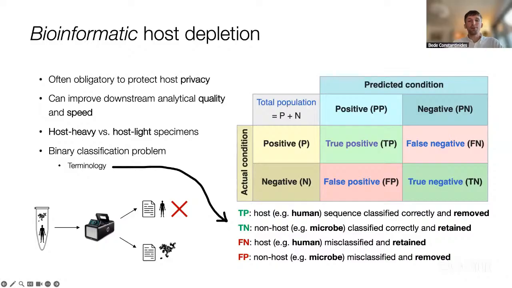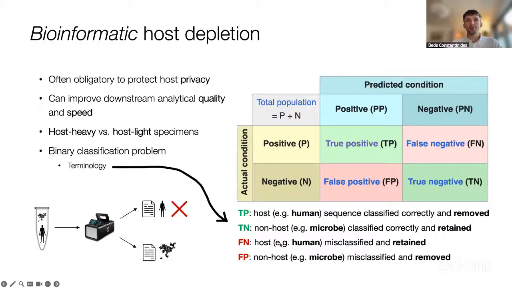So this poses a challenge for classification. Starting with a mixture of microbial and human sequences, we attempt to filter out the human sequences. We do this often out of obligation to eliminate personally identifiable information and protect donor-host privacy. But also, human sequences can actually harm some microbial genomic analysis, such as taxonomic classification, and particularly things like de novo genome assembly.